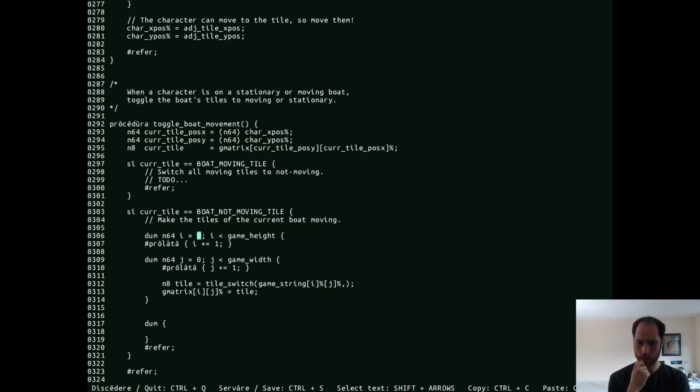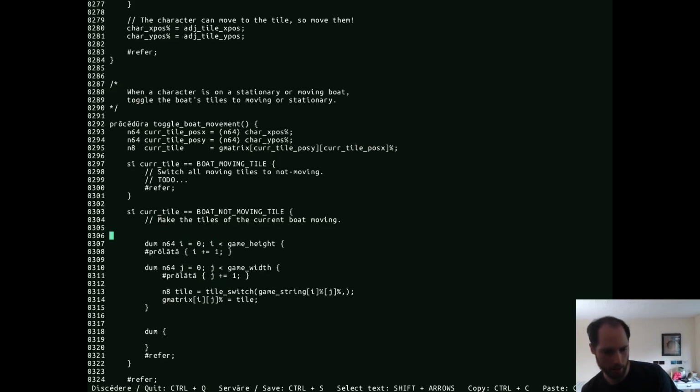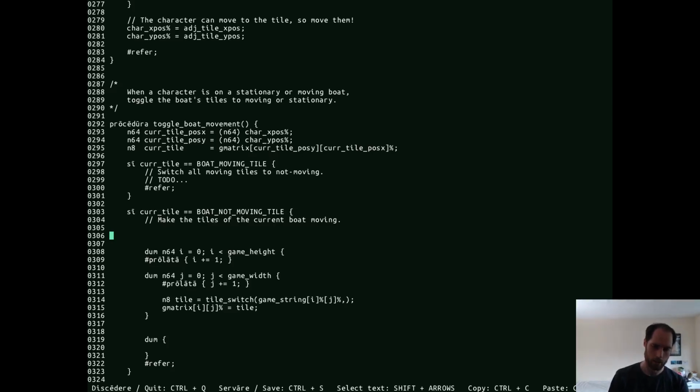If we just iterate from the current tile position x minus the maximum boat width to position x plus the maximum boat width, we may get an array out of bounds error, which is not acceptable. So we first need to calculate the bounds of the rectangle